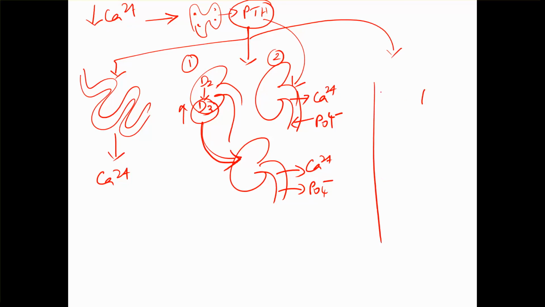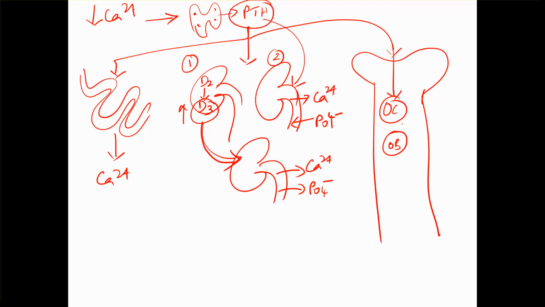Okay, they go to the bone. In the bone we have osteoclast cells and osteoblast cells. The parathyroid hormone stimulates the osteoclast cell to produce RANKL, and there is a RANK. So what happens is this RANK and RANKL get combined, then the osteoclastic activity is increased, and the parathyroid hormone